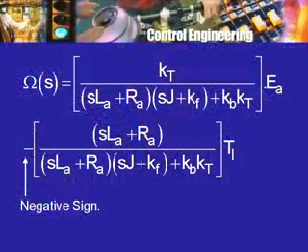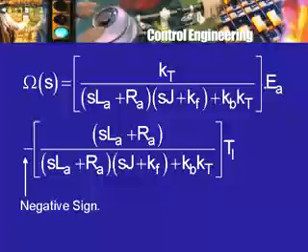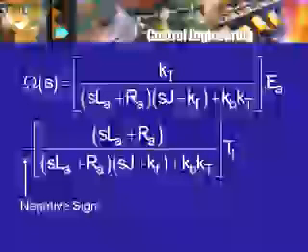What can we say about it? Well, look at it. In the denominator I have an expression in S, and you can recognize that it is a polynomial in S. What kind of polynomial? It is a polynomial of second degree, or a quadratic, because you have 2 linear factors, S LA plus RA and S J plus Kf, multiplied together. If I expand it out, I will get something like LA into J into S squared. So it will be a quadratic. What about the numerator? The numerator is just a constant, or as one may say, a polynomial of degree 0.